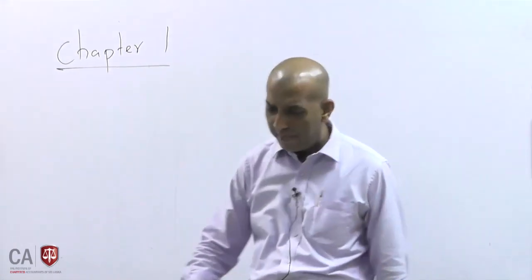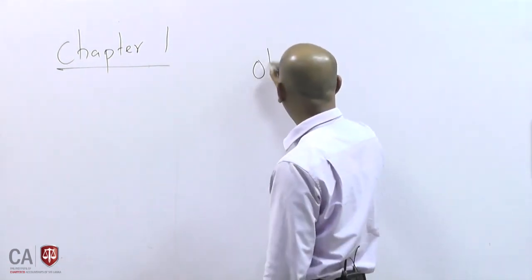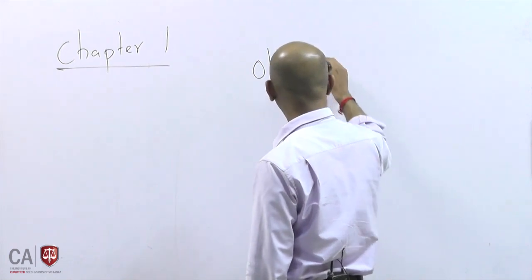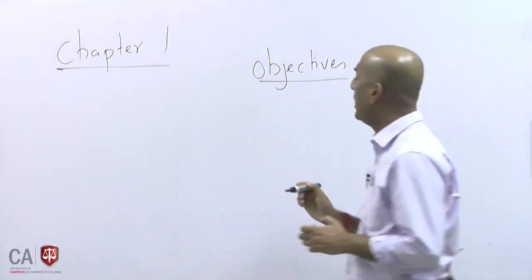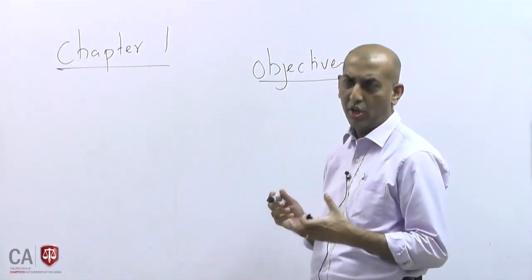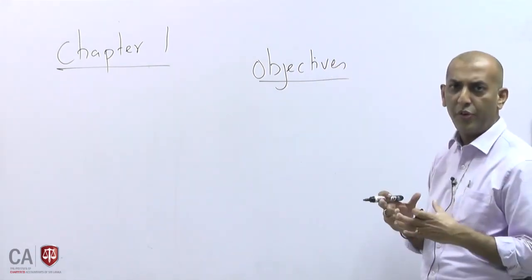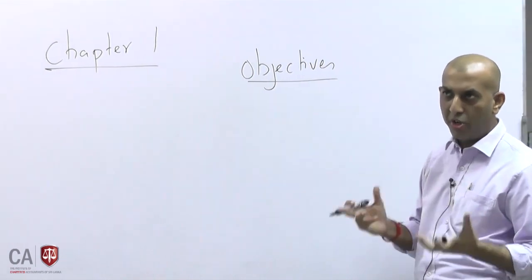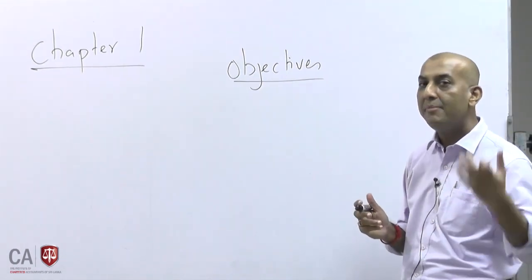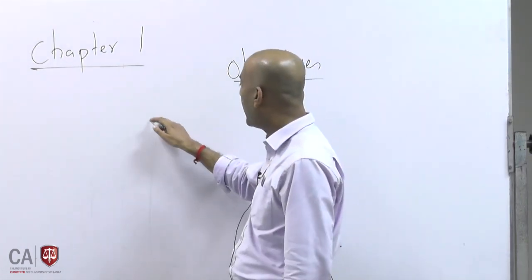Then, going on the same topic, these objectives are there for all the stakeholders of the company. What we looked at, the primary objective, is from the shareholder's point of view. The shareholders' primary objective is maximizing their shareholder wealth. But there are other stakeholders. Who are the other stakeholders?